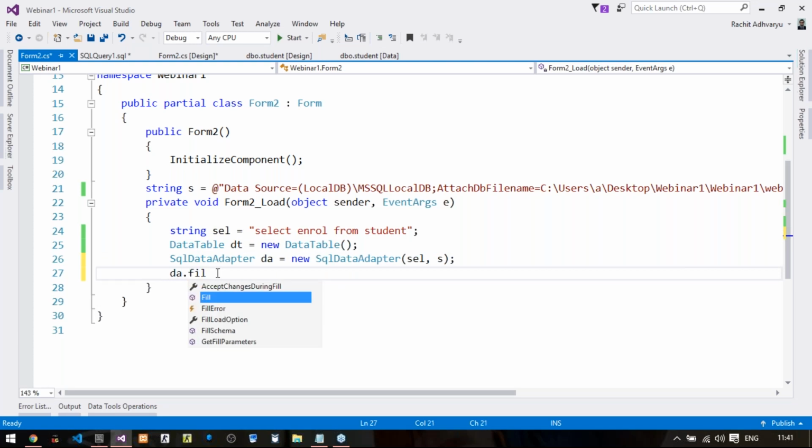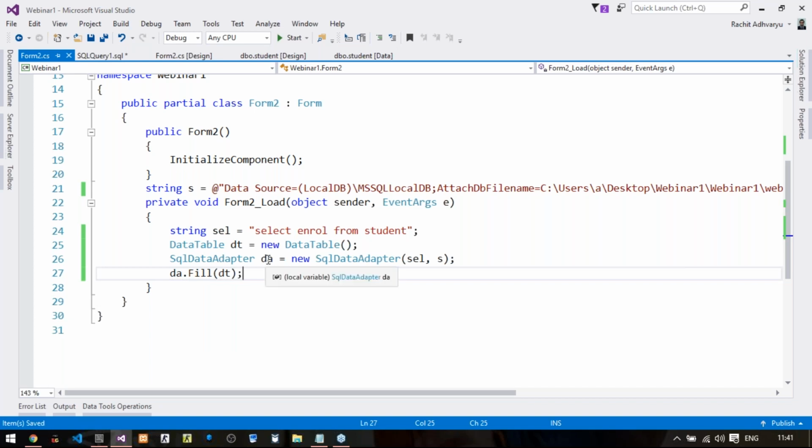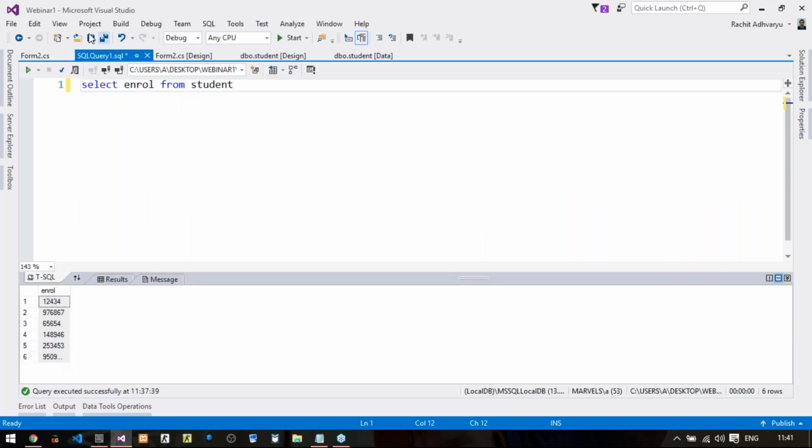What it does is, whatever data this query has fetched and stored in this object, we fill all that data into our virtual data table, which will have one column and 6 different rows. Is this clear till now? Okay, so moving ahead.